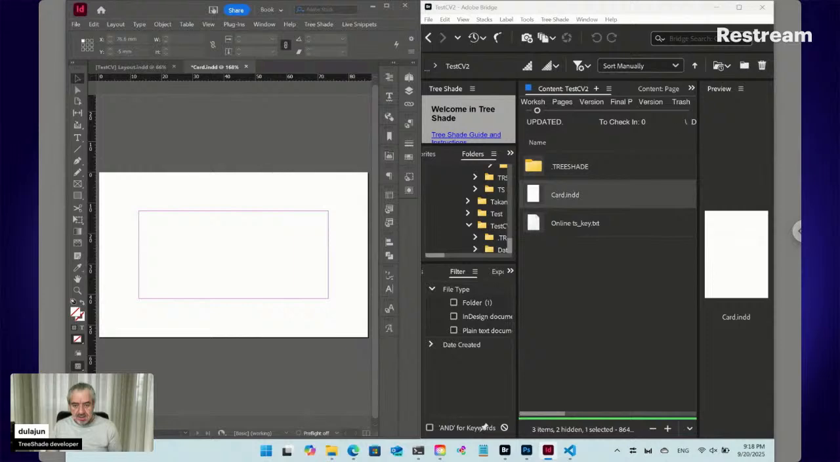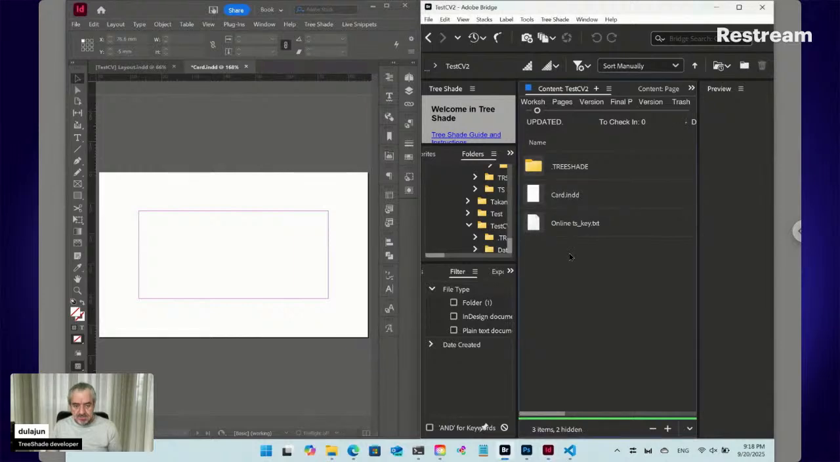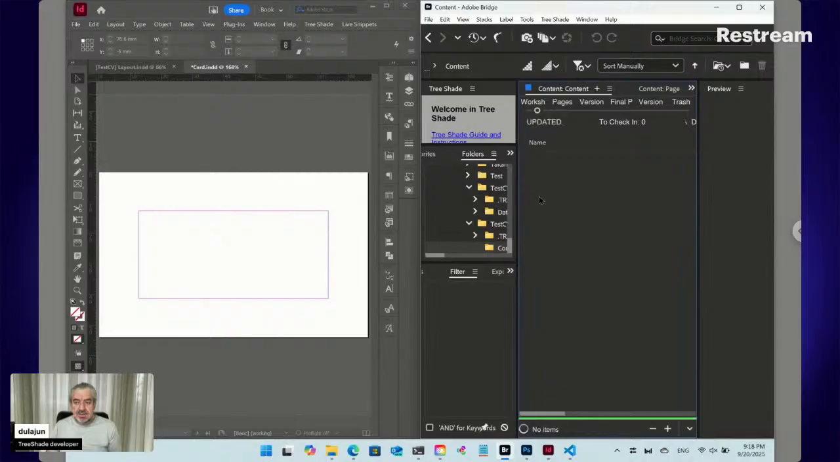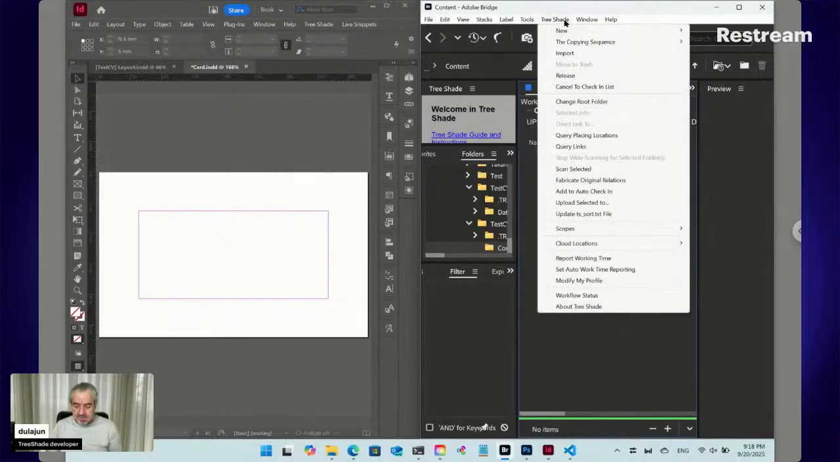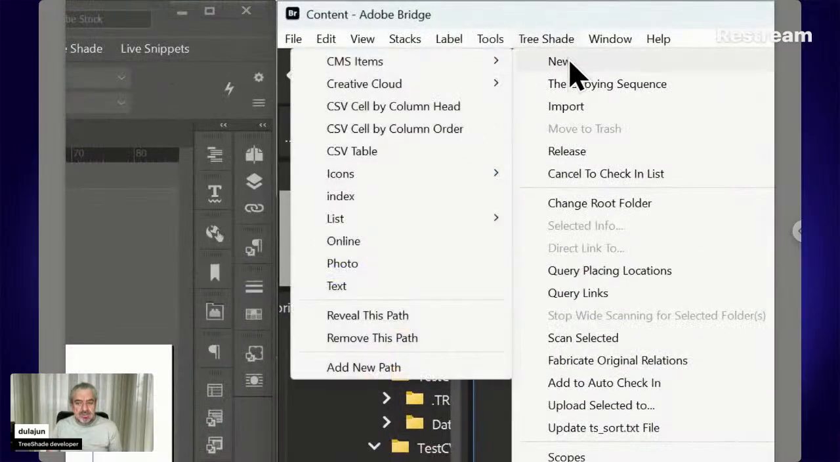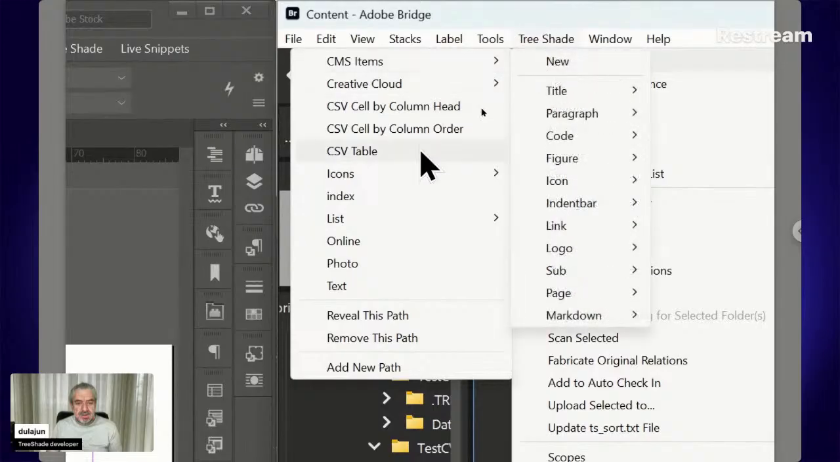Let's make a folder in Adobe Bridge. Let's name it content. And now inside content, let's create Markdown. So inside content, from the TreeShade menu, select new, then CMS items,